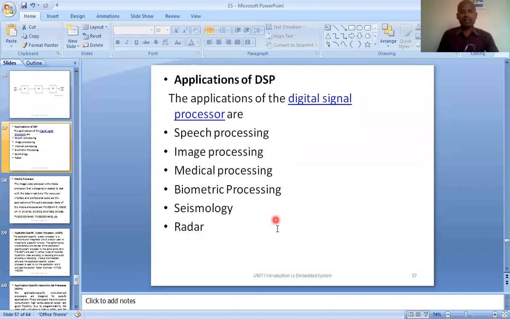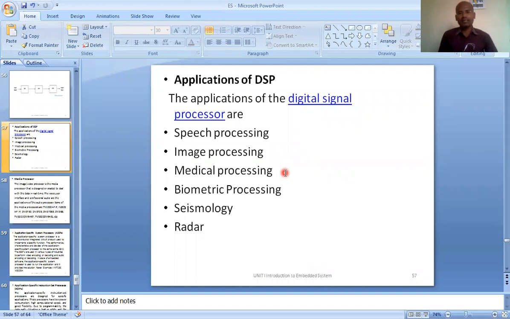In all these areas, we are basically processing signals. That signal may be an audio signal or an image, or medical signals. In the medical industry, we have heartbeat signals, or signals from sensors attached to the brain, head, and different parts of the body.